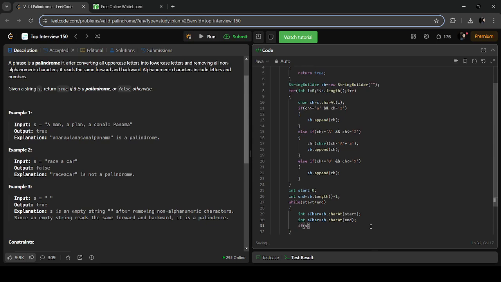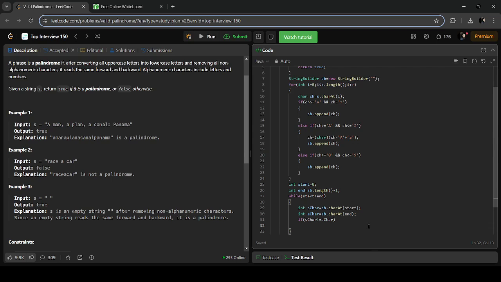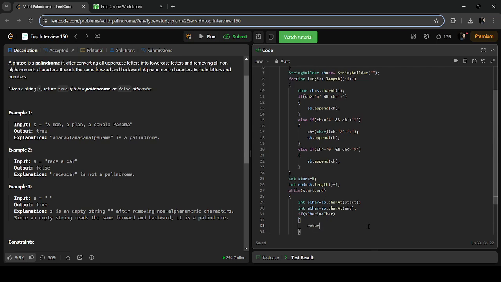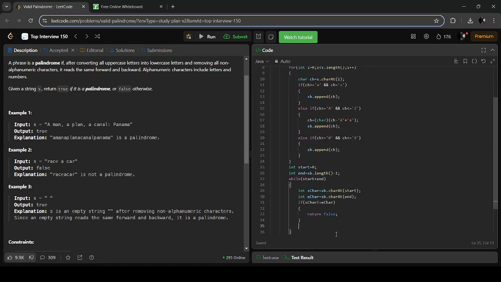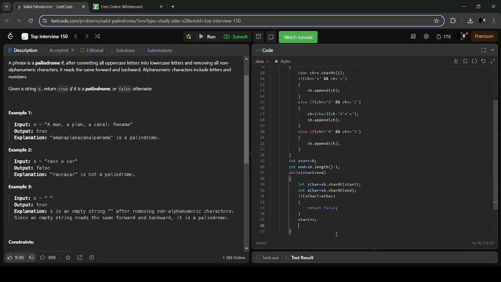Now if start char is not equal to your end char, what will we do? Return false. Then start plus plus and end minus minus.